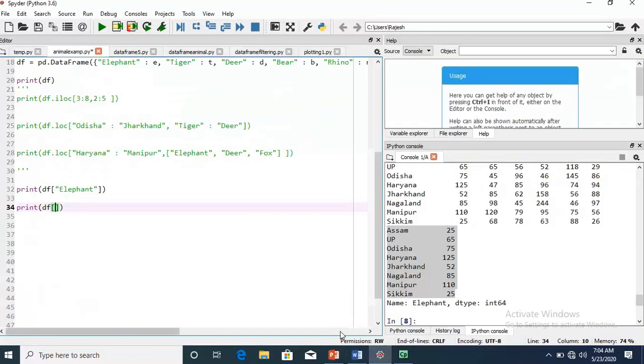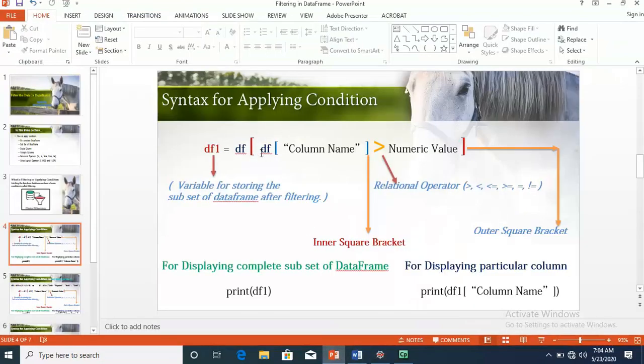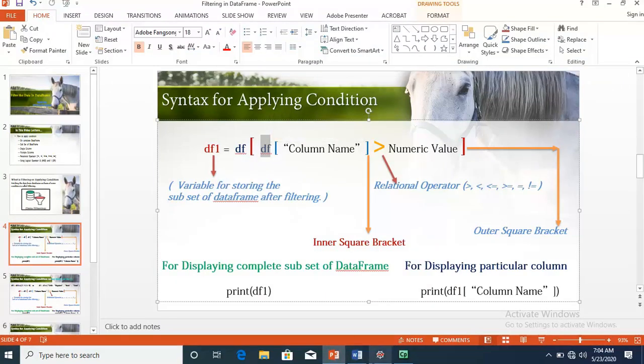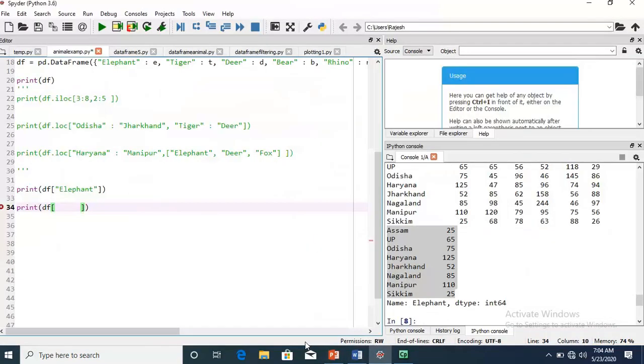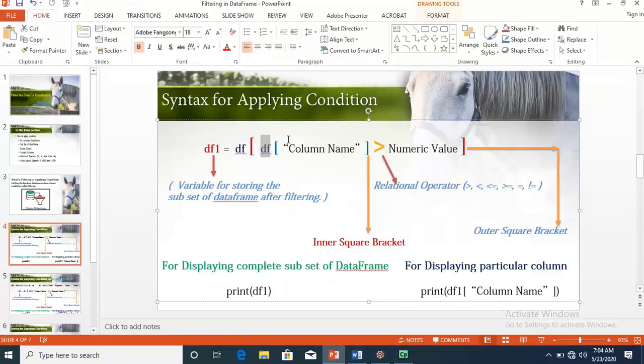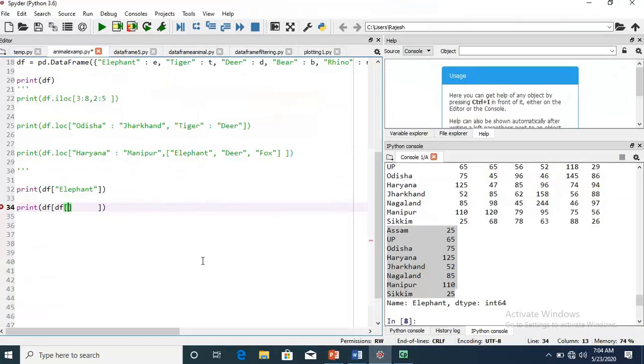Then again we have to write the df, then again a square bracket, then the column name, elephant.